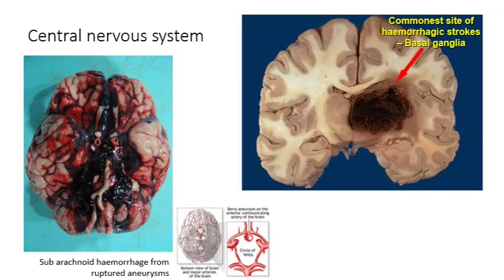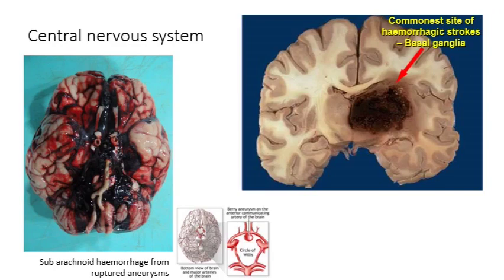Similarly, you can have scenarios like aneurysms developing in the cerebral vessels, and these aneurysms can come from birth, in which case they are referred to as berry aneurysms, or they may happen later on in life due to conditions such as atherosclerosis. When these kinds of aneurysms rupture, they generally cause a bleed in the subarachnoid space within the brain.